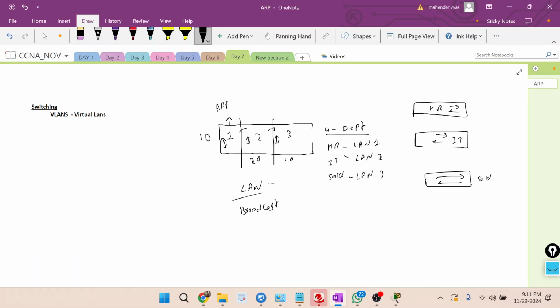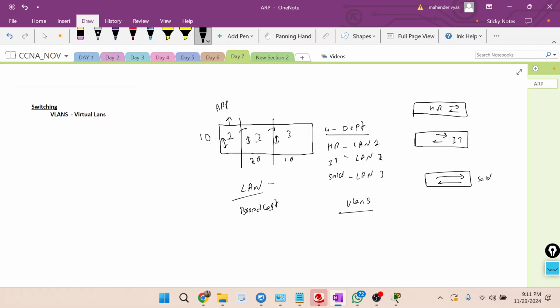Each physical device has a certain cost. And suppose you are running a company with 100 users, then there are 10-15 departments. For each department you cannot have separate switches, correct? And any department can be sitting anywhere in the company. So to overcome this, instead of physical LANs we will create virtual LANs.